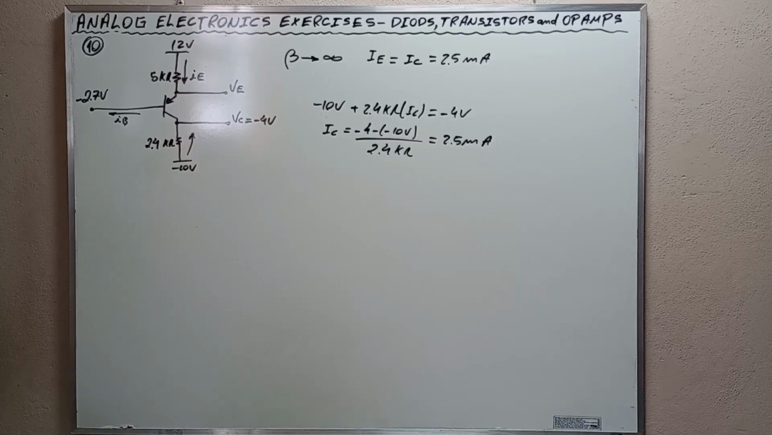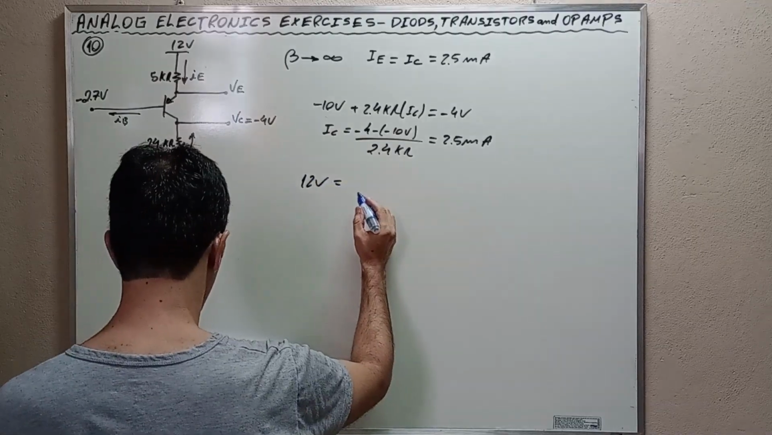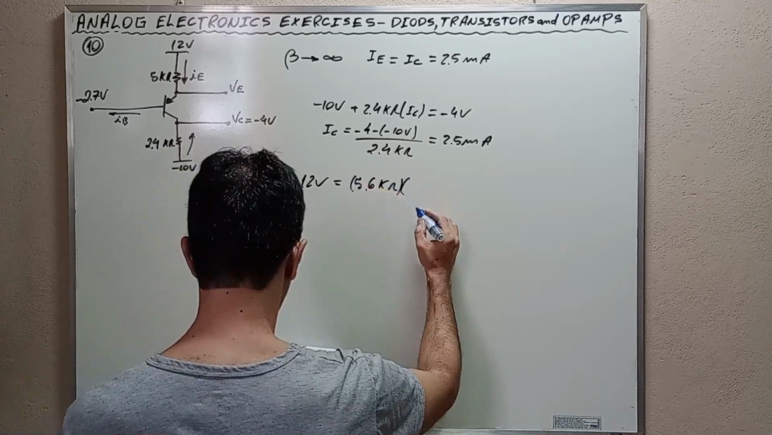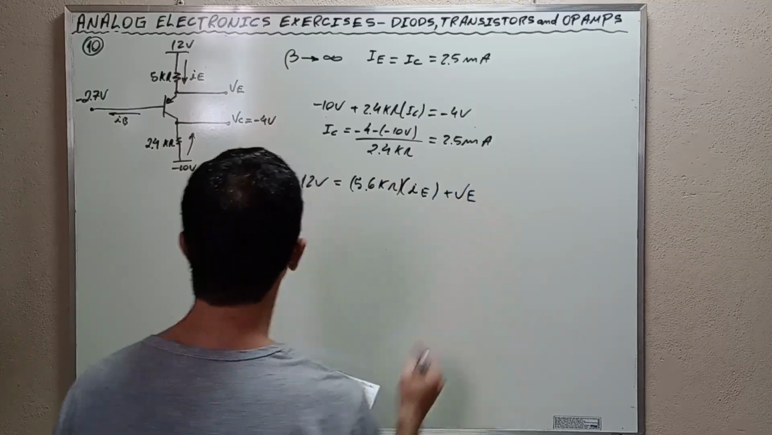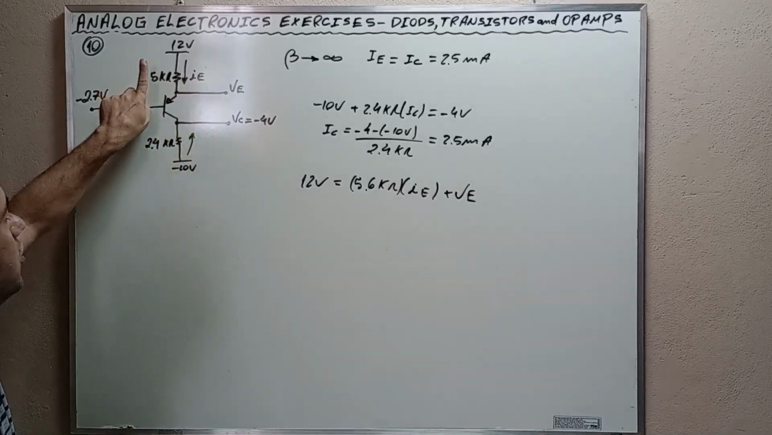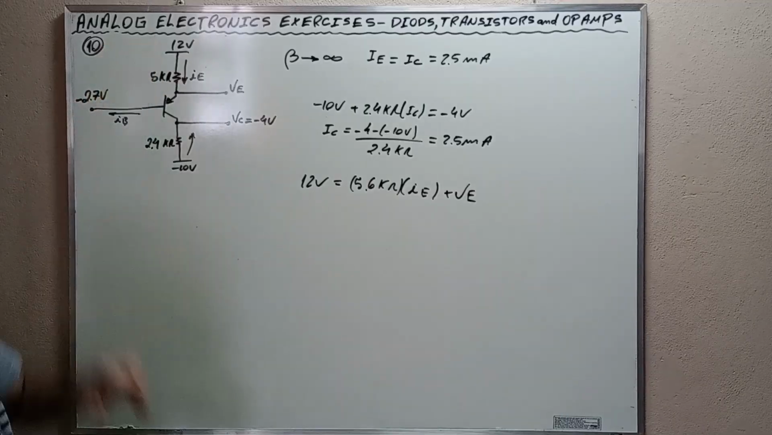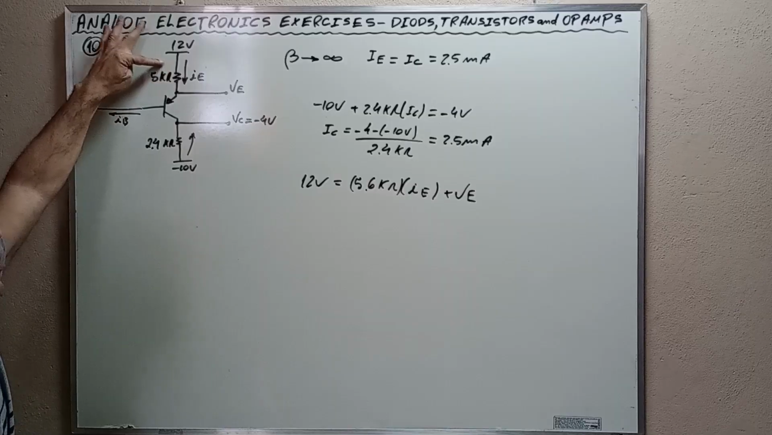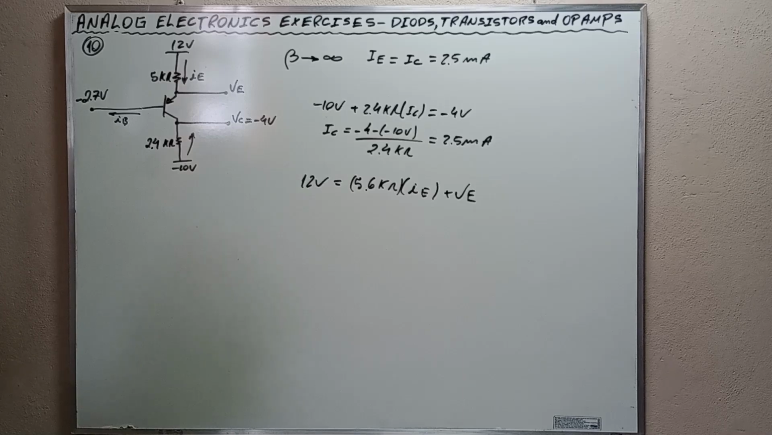We also observed that 12 volts is equal to 5.6 kilo ohms times IE plus VE. Okay, pay attention to the voltage drops. VE plus this voltage drop here is equal to 12 volts. Okay, did you guys understand? Alright, VE plus the voltage drop across this 5.6 kilo ohms resistor is equal to 12 volts, and from which we get that,